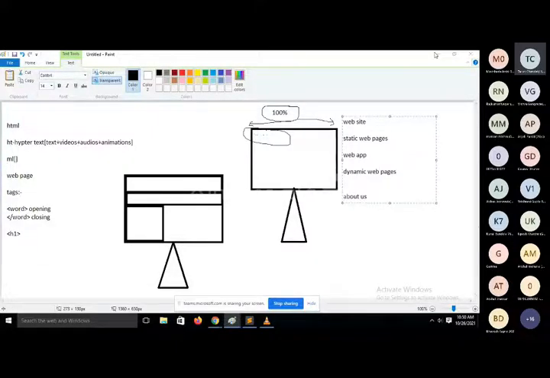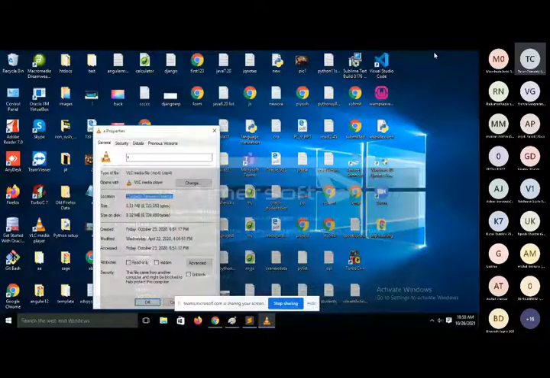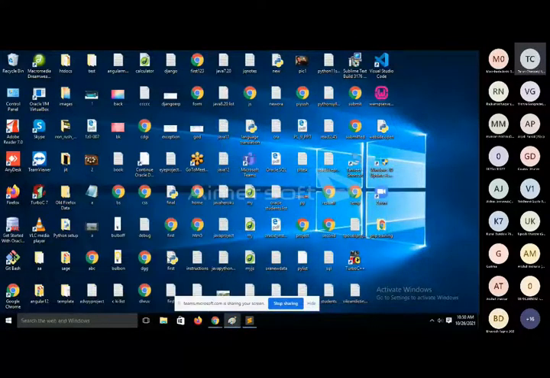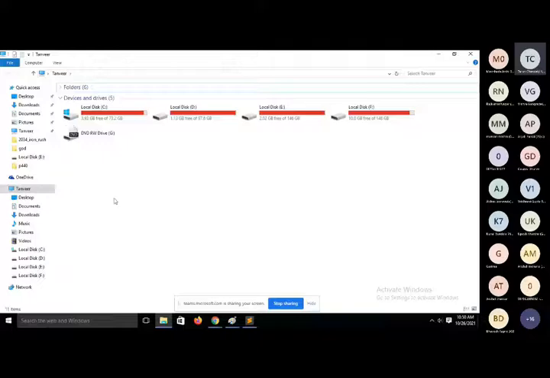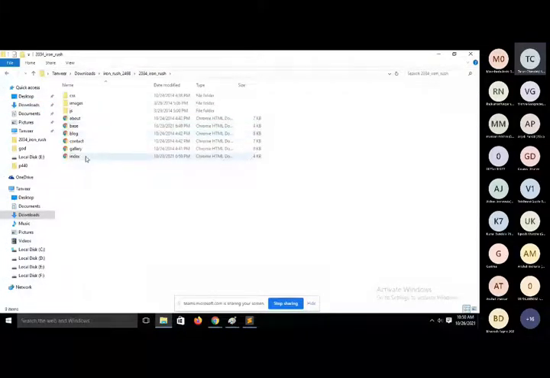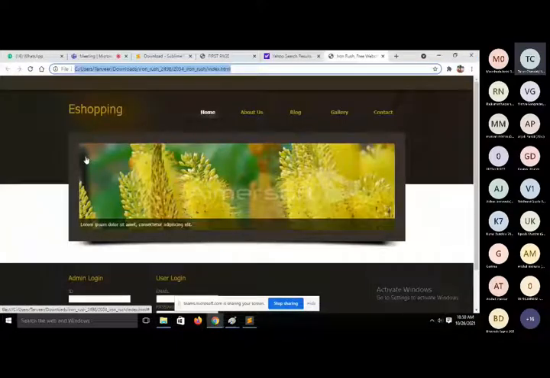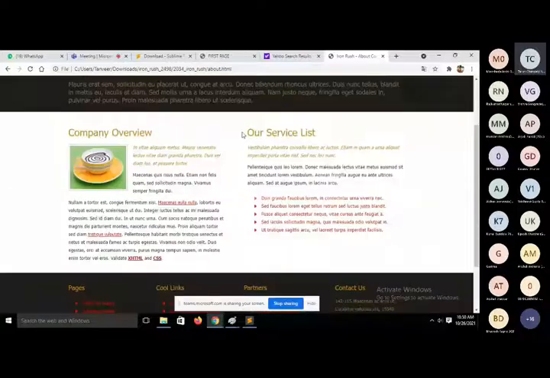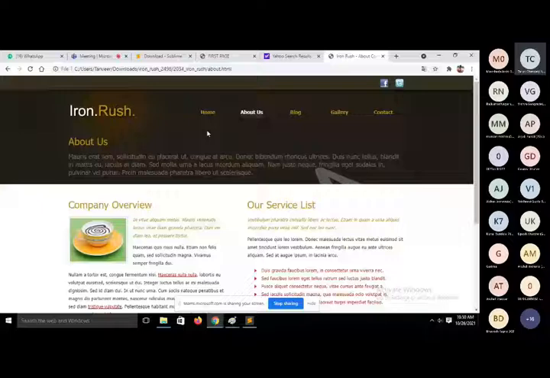See, have a look. We have a template like this. So when you click on about us, for each and every user, this about us content will be the same. So basically it's static content, and collection of static content is known as static web page.